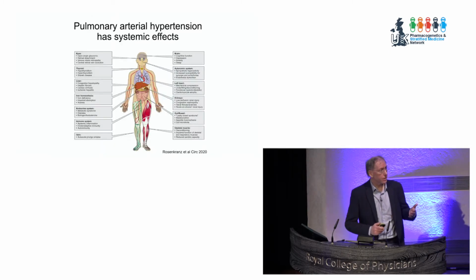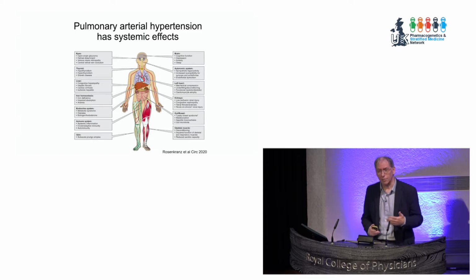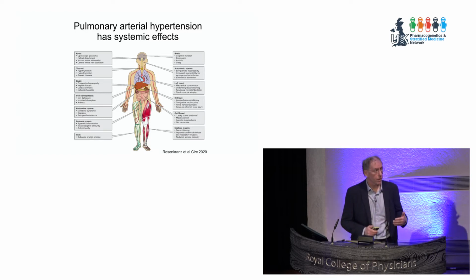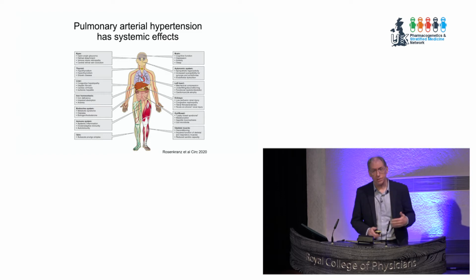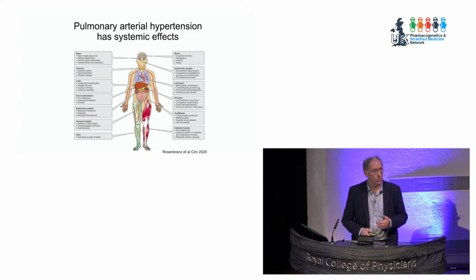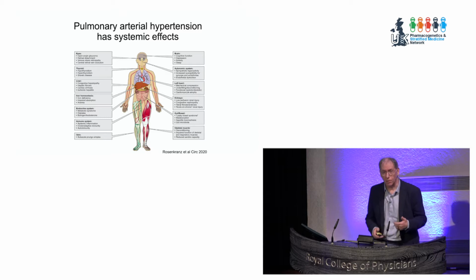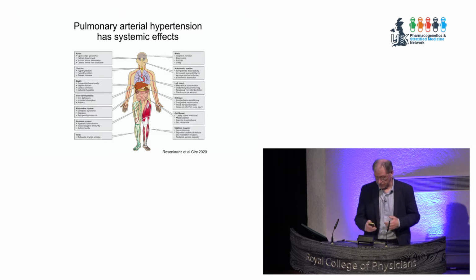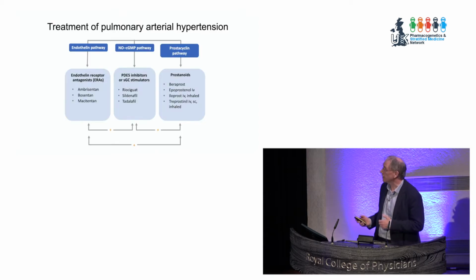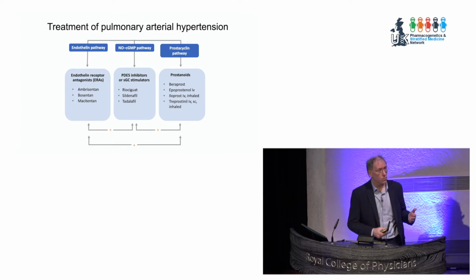And I mentioned that the product of pulmonary hypertension is right heart failure. When right heart failure develops, there are systemic consequences which also need to be taken into consideration when managing this disease. That said, we tend to treat all presentations of